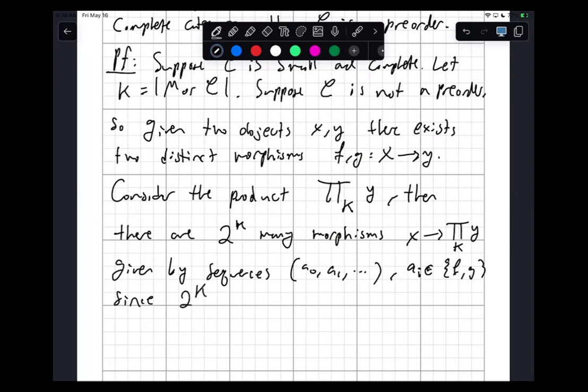Since 2 to the kappa is greater than kappa, thanks to Cantor's theorem,